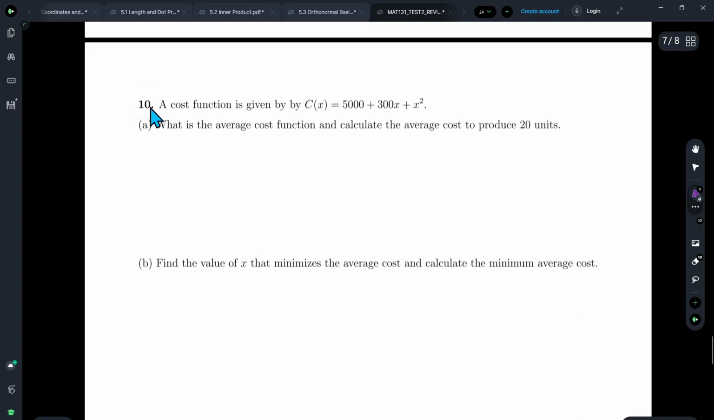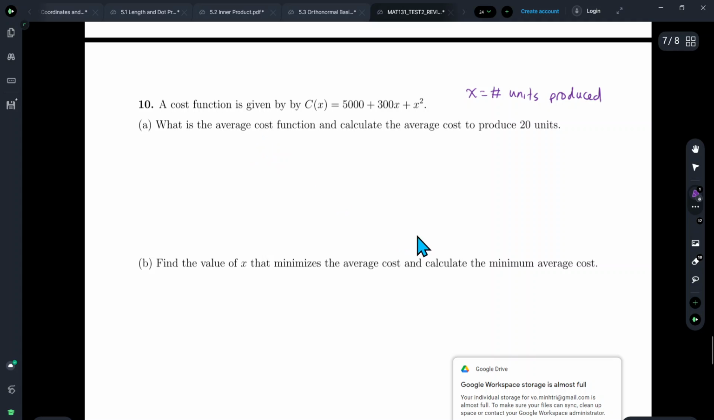In problem 10, we have an optimization problem dealing with a cost function given by 5,000 plus 300x plus x squared. So here x represents the number of goods produced. So in the first part, where they asked us to determine the